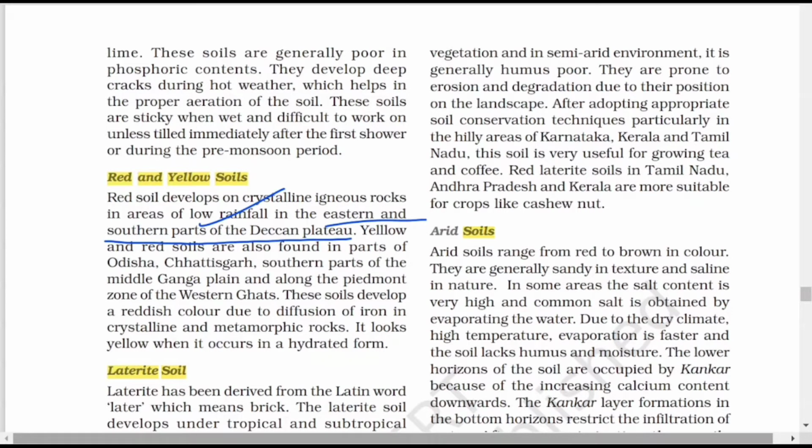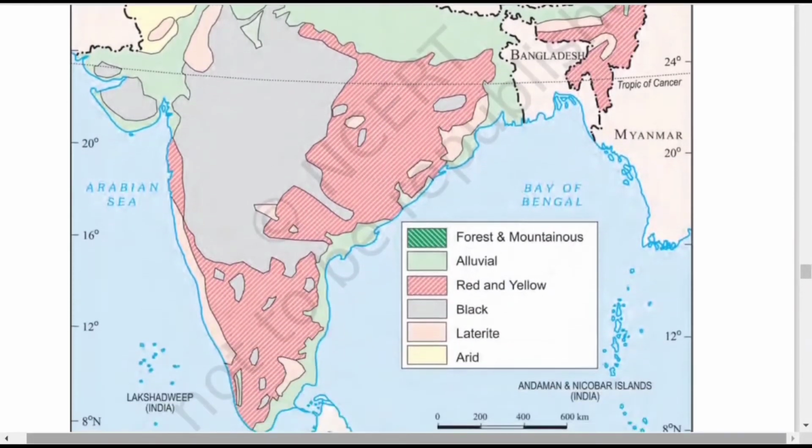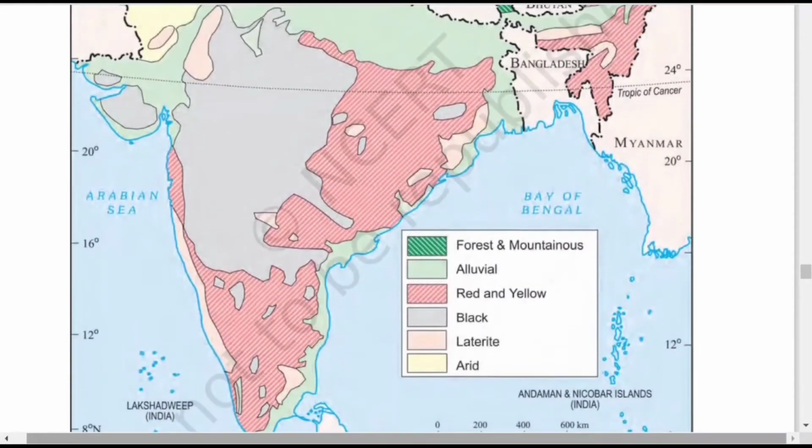Now, it is better to go to the map and understand. Look at the map which is given, the soil map. Look at that map. Now look at the map and you see that the Deccan Plateau has the black soil. Now, around the black soil, except the northern part, when you come to the eastern side of Deccan Plateau, you find red soil. When you come to the western side of Deccan Plateau, you find red soil, and you find it even in the southern part. So three sides your black soil is covered by red soil.